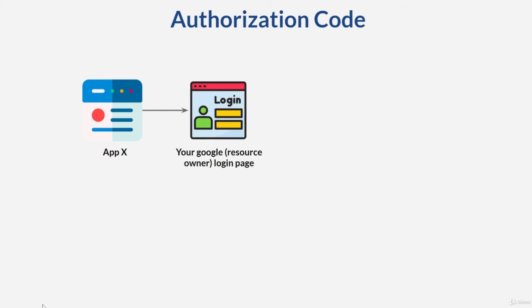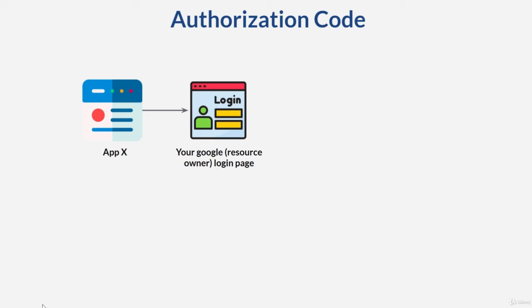You use application X, which needs read access to your Google Drive. On application X, you log in using X credentials and access the function that requires Google Drive. At this point, application X needs access to the Google Drive API to access your data, which is secured with OAuth2. So, application X opens a Google login window, which is of course owned by Google. There, you need to log in using your Google username and password, but application X itself never knows your Google credentials.